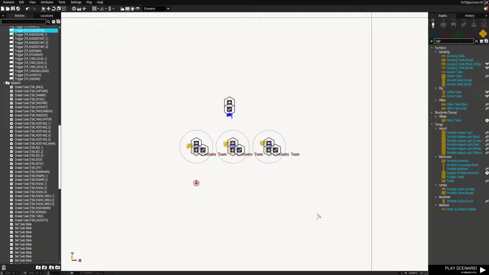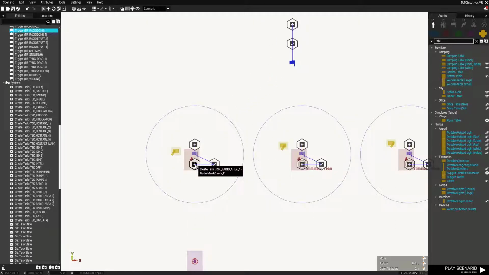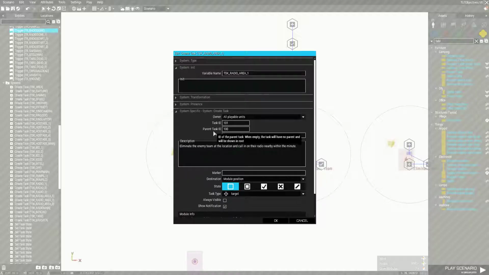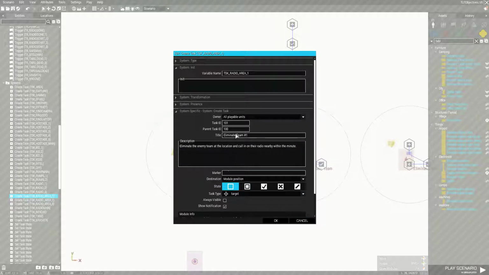In this next example, we're going to be looking at chained objectives. That is, when one objective is completed or one task is completed, a second task will fire on the back of that. Now, it is important to remember that I am using parent tasks in here, so if the parent task is completed, the child tasks are also completed,